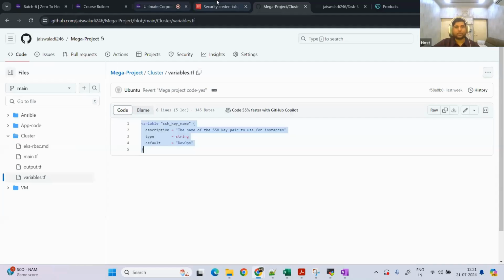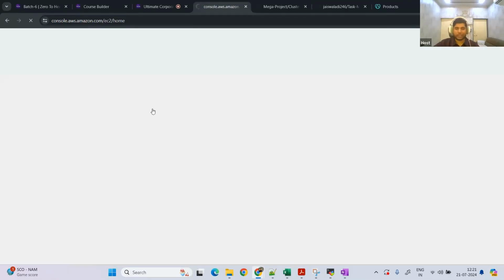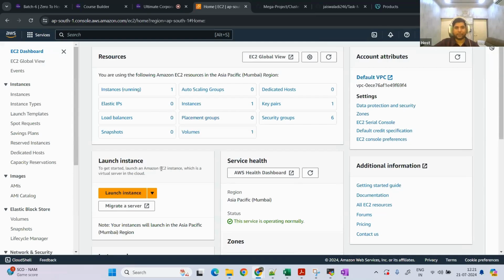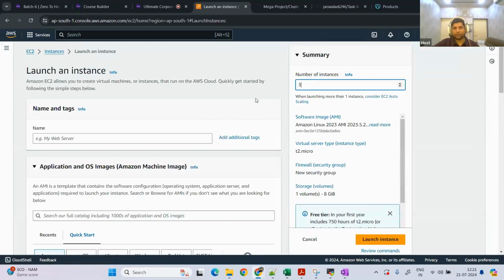Okay, so now I need to create 3 virtual machines, one for Jenkins, one for SonarQube, and one for Nexus. I'm creating these 3 machines manually, even though we can use Terraform also for the same, but again I would have to use a different script. Okay, here